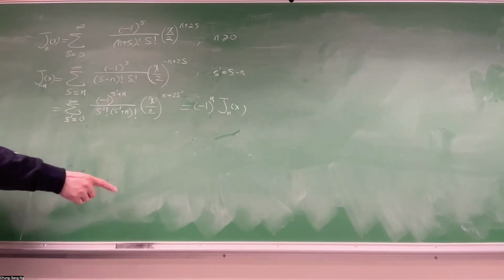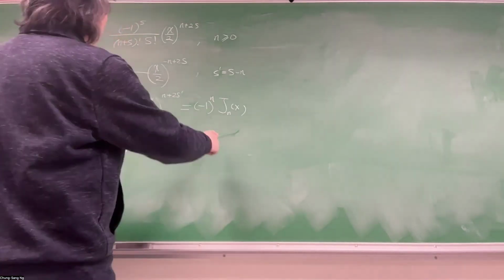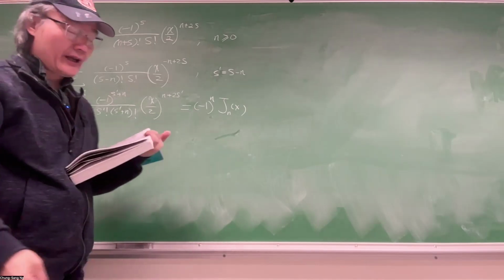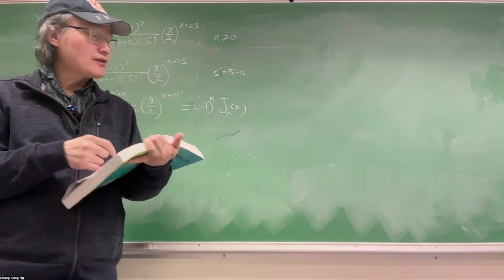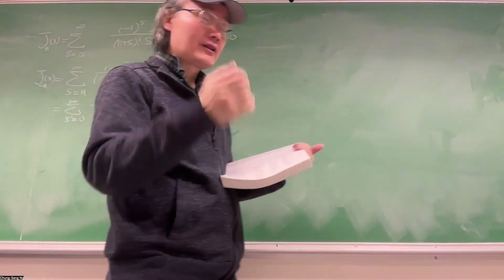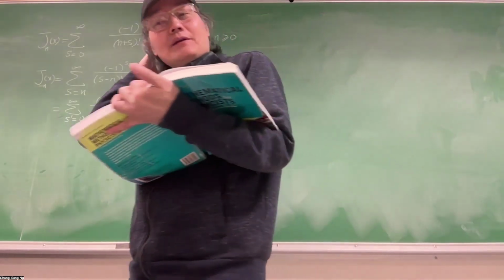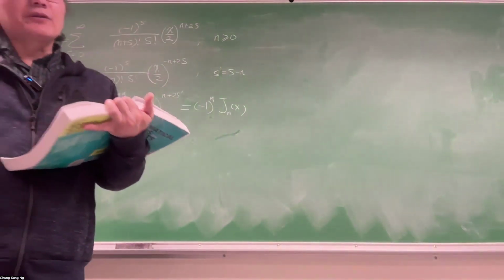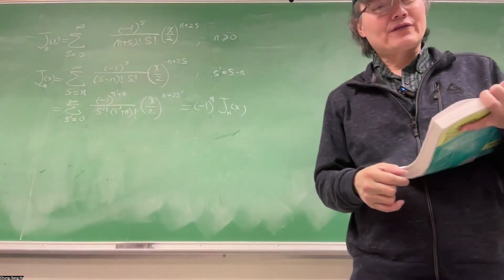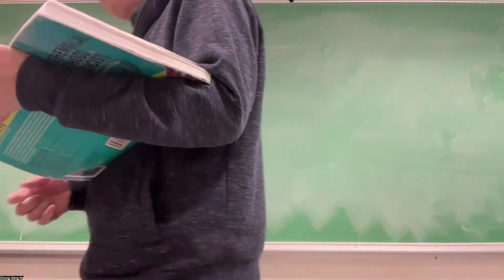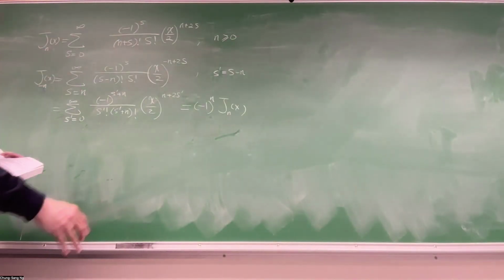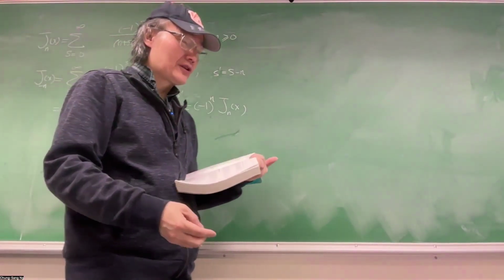But this is just for integer n, and we derived this from the integer n. We derived that at least in this section. We derived this series solution using the generating function, but the generating function is defined for integer n because we are doing a power series expansion to the integer order of t. We remember the generating function, so the coefficients are this J sub n, and by definition that is for